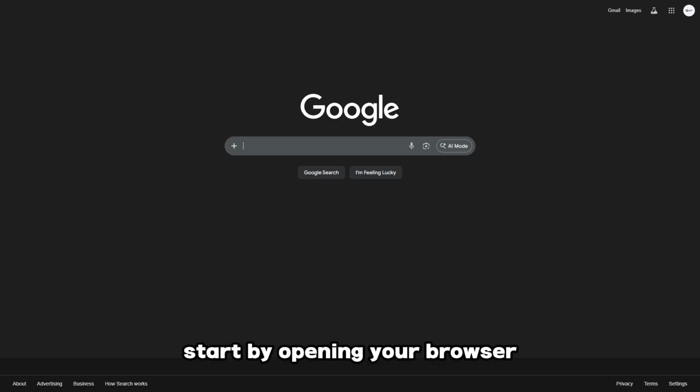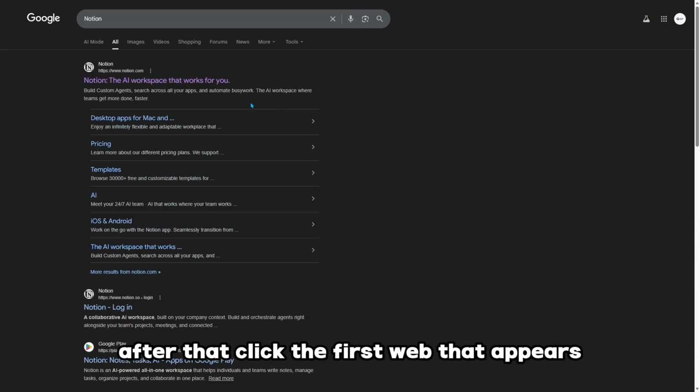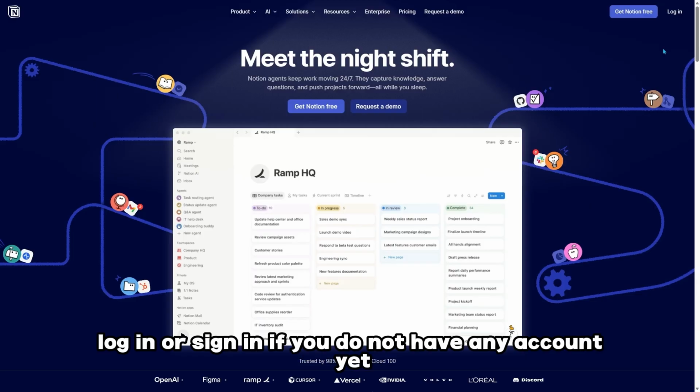Start by opening your browser so you can access the site you need. Once the browser is open, search for Notion in the search bar and wait for the results to load. After that, click the first web result that appears, since it is usually the official site. When the page loads, log in or sign up if you do not have an account yet, so you can